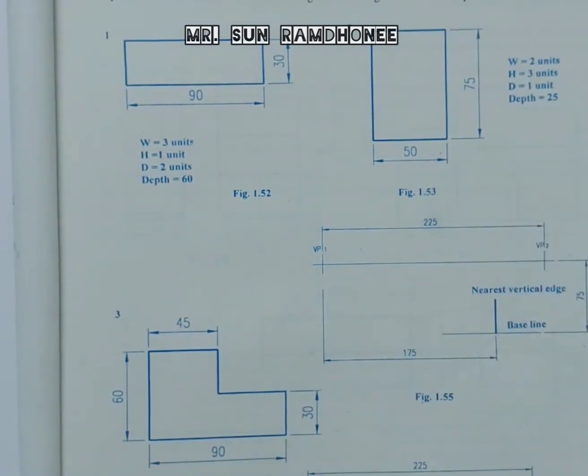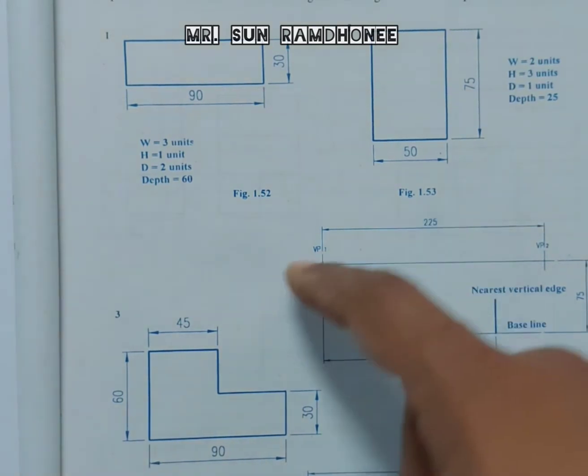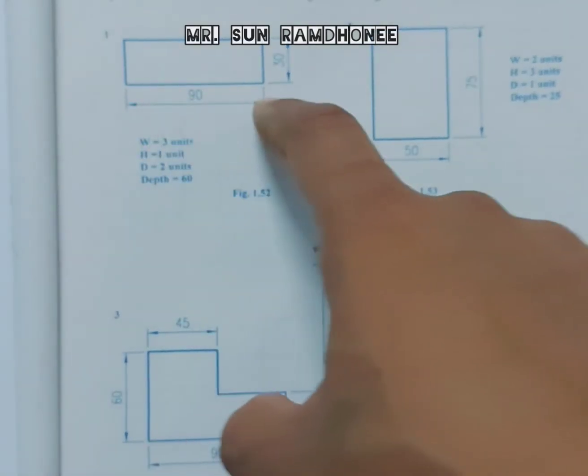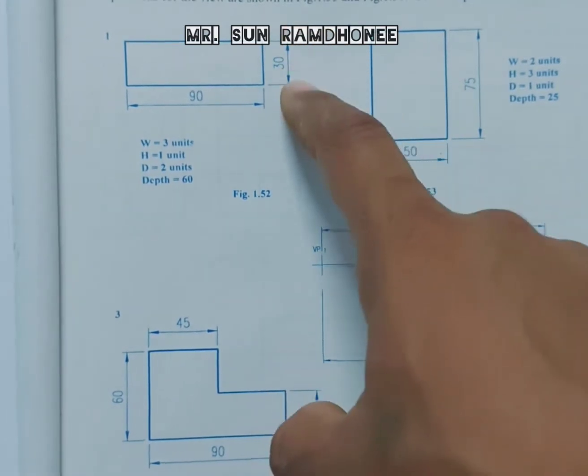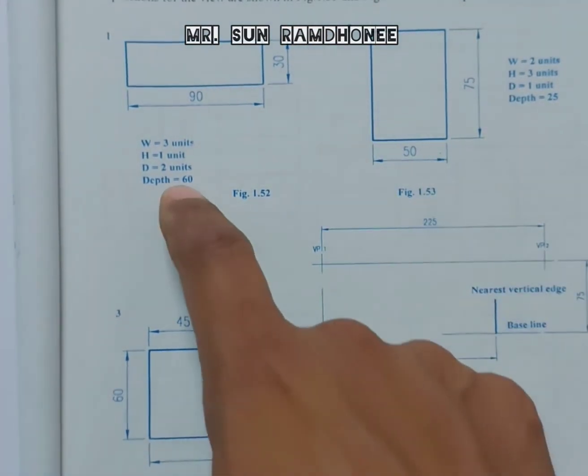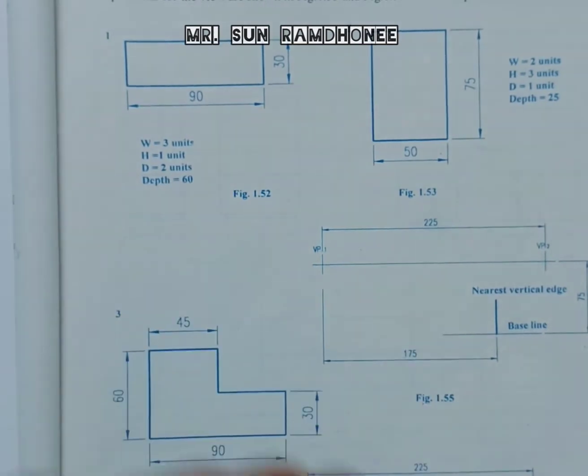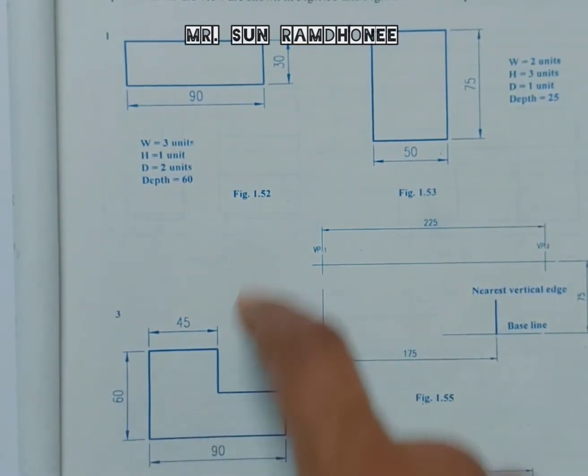The question reads as follows. Draw the block shown in figures 1.52 and 1.54 in perspective projection. Two positions for the view are shown in figures 1.55 and 1.56. Use both positions for each solid. As you can see, this would be the length and this would be the height. We are given the depth, which is 60. And we have been asked to draw this object